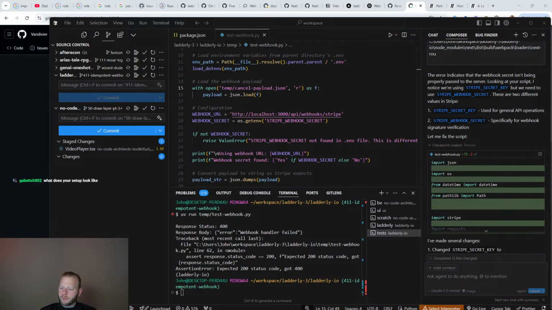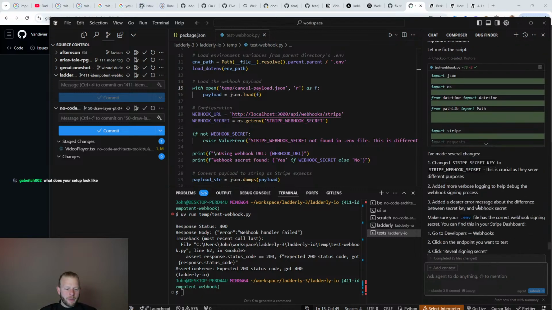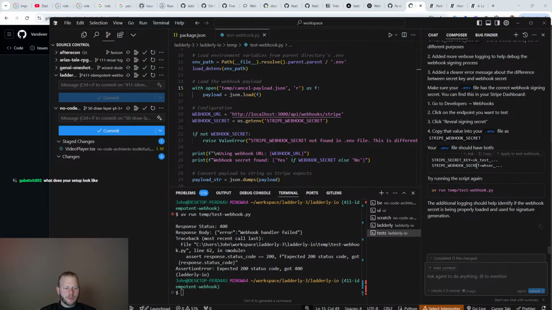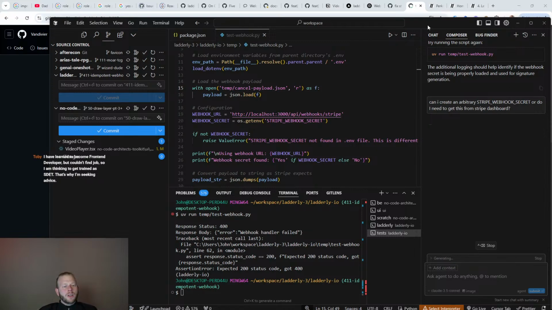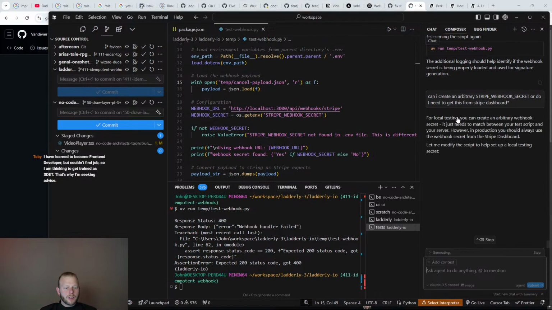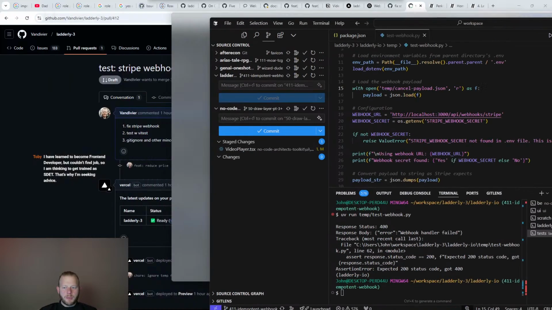Webhooks. Oh, can I create an arbitrary one? I think I can create an arbitrary one. Okay, cool. All right, so let me make one up.